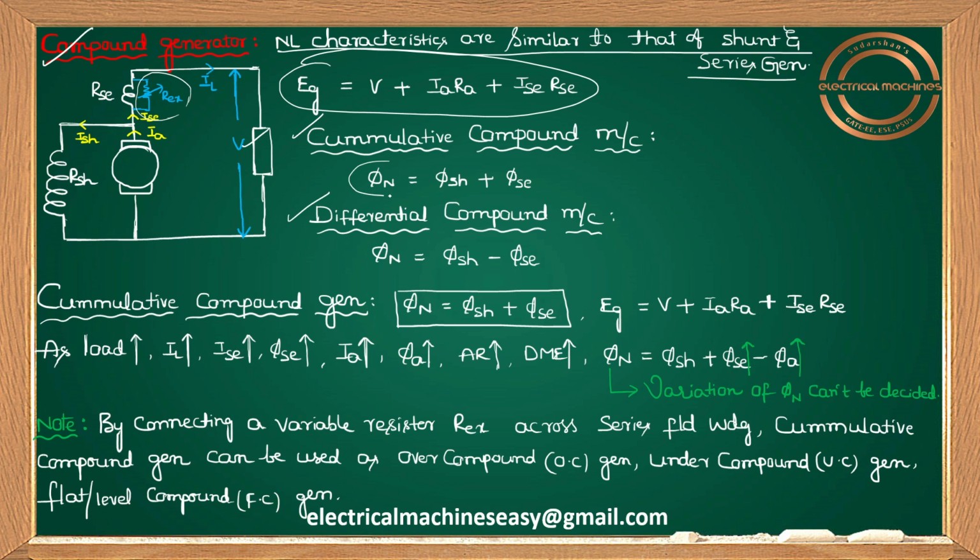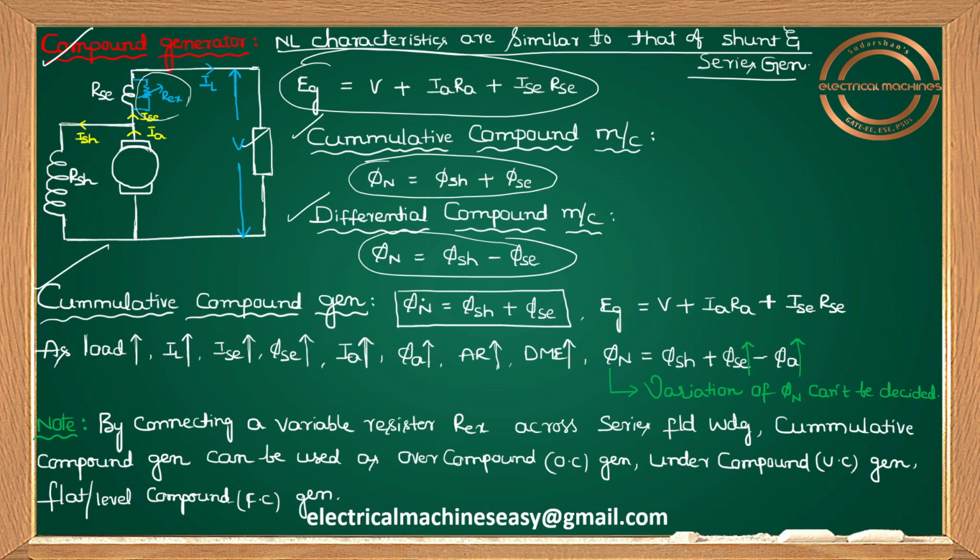In a cumulative compound machine, your net flux will be shunt flux plus series flux, so both will be added up. In a differential compound machine, net flux equals shunt flux minus series flux. Everybody knows that. Okay, and let me go for a cumulative compound generator, and let me draw how we'll